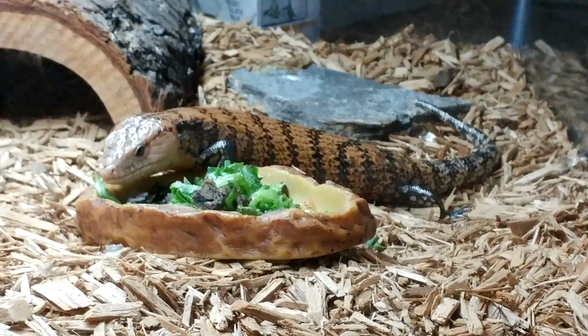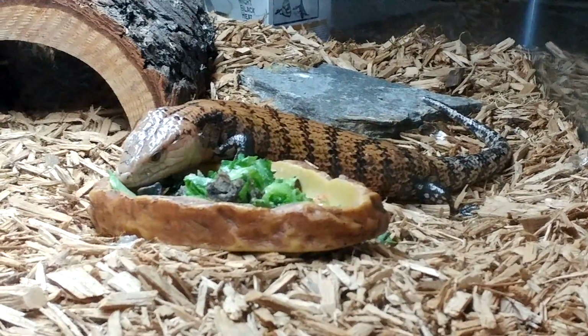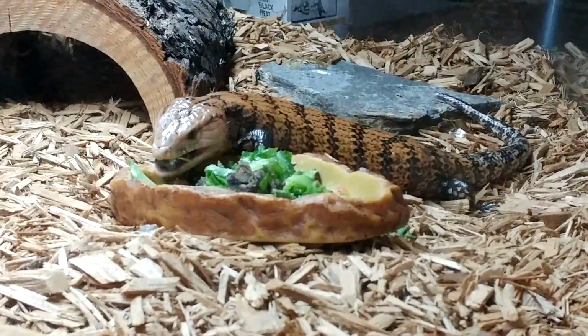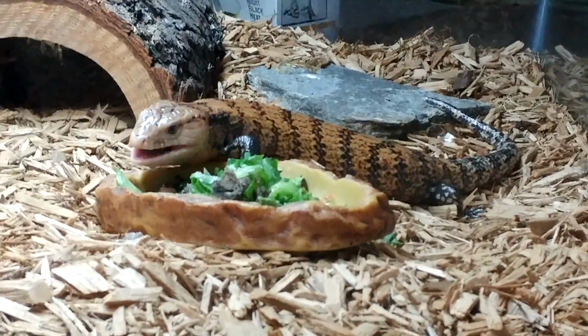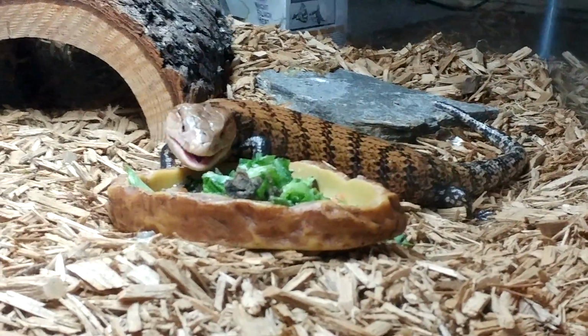But these guys are picky, where I have read that the Indonesian Blue Tongue Skink will definitely take meat over veggies any day, as he picks the snails out of his food. But yesterday I gave him a snack where it was just tomato